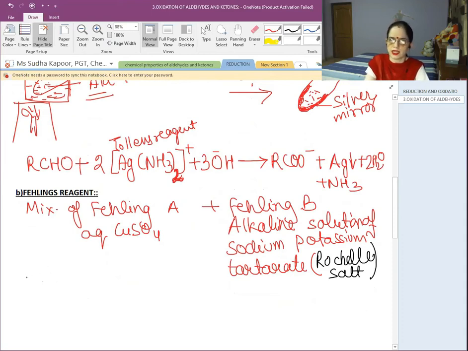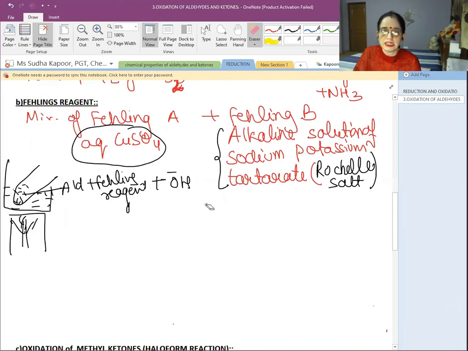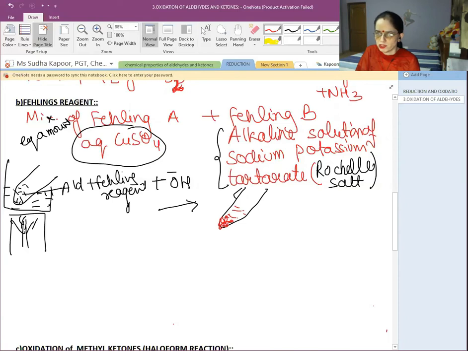So now what happens in this case? If we have taken an aldehyde in the test tube and we have added Fehling's reagent to it, we were talking about Fehling solutions A and B, these are both taken in equal amounts. When this mixture, Fehling's reagent, is used, what we get as a product is a reddish brown precipitate deposited in the test tube. The precipitate is formed other than the liquid part, at the bottom of the test tube. This is the red brown precipitate.